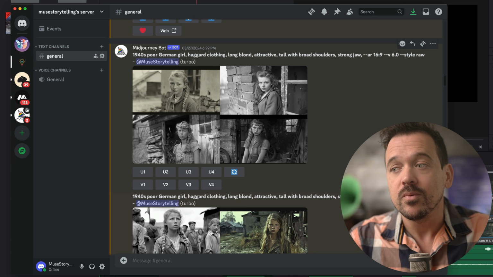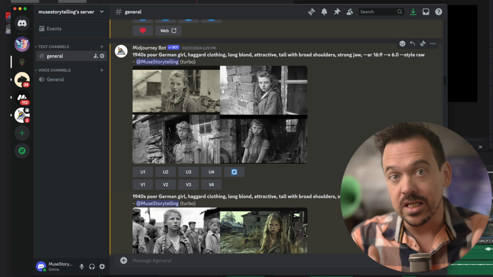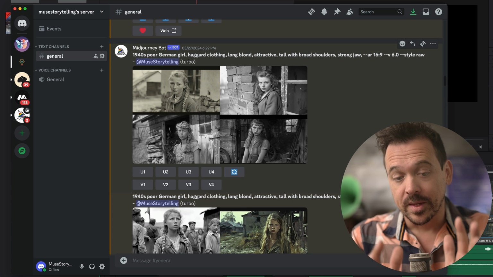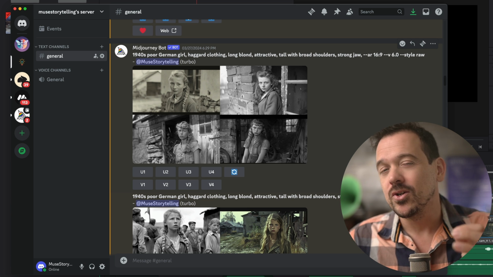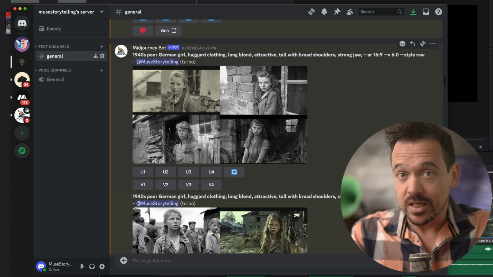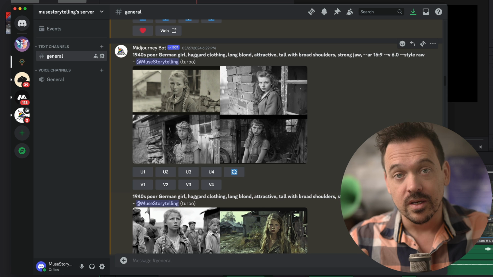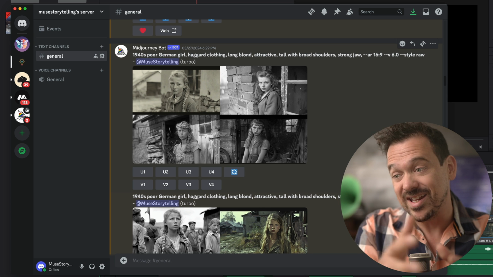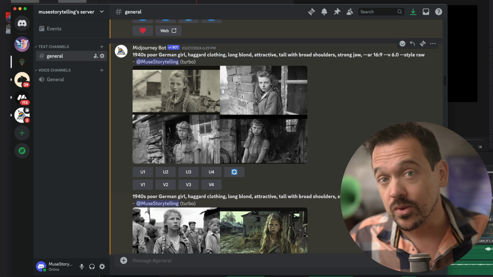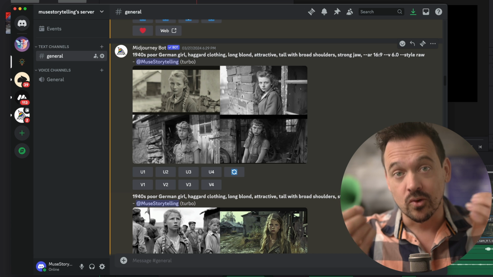Now, the first thing that we want to do when we're creating a story like this is create our character. And Midjourney recently released a character reference ability where you could actually reference the facial features and the other features of a character to create consistency across images. Now, this is huge when you're making a short film because now you can create your character and have them